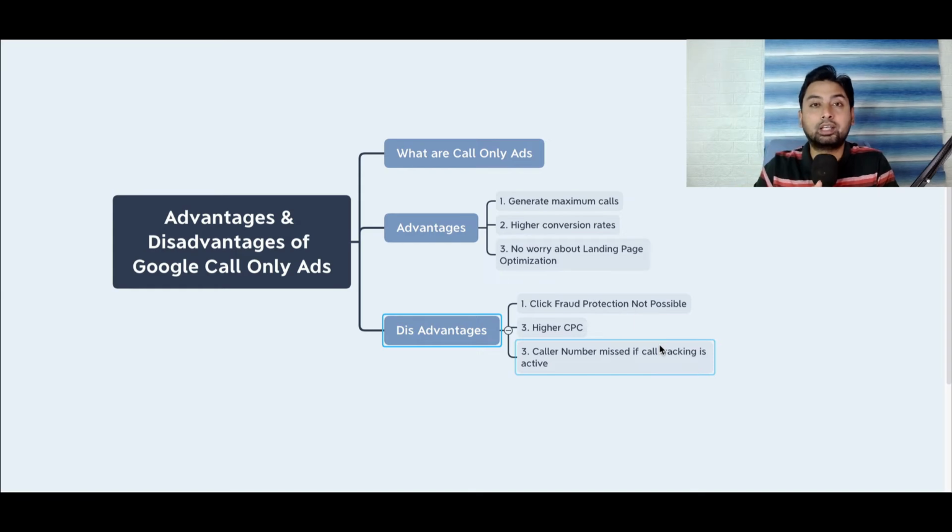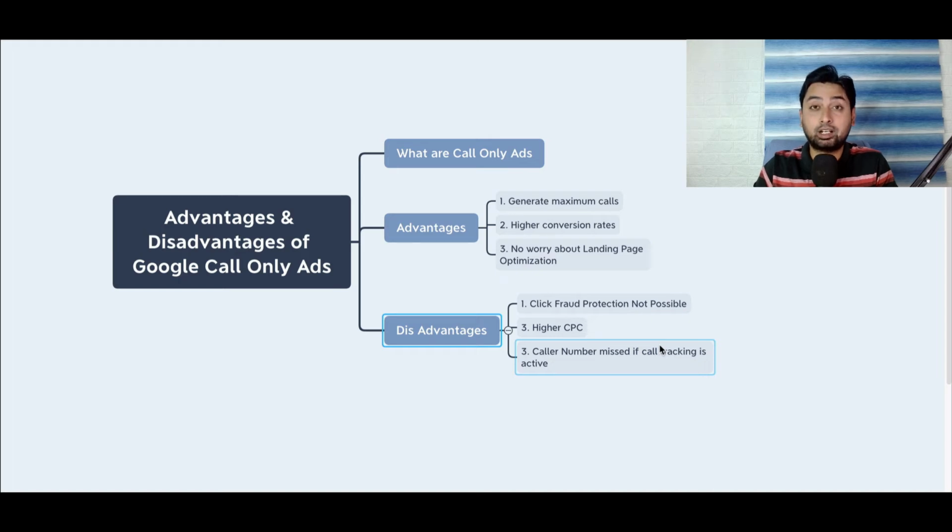Now, hope you got this answer. When I say the click fraud protection is not there, that is a disadvantage, right? Now, what happens here is, if it is a user who is not clicking the call after going to the dialer, if you see, the ratio is very less. Most of the users who are actually looking for your business, at least 80 to 85%, will click on the dialer to reach out to your business, to understand and ask doubts about your products and services,